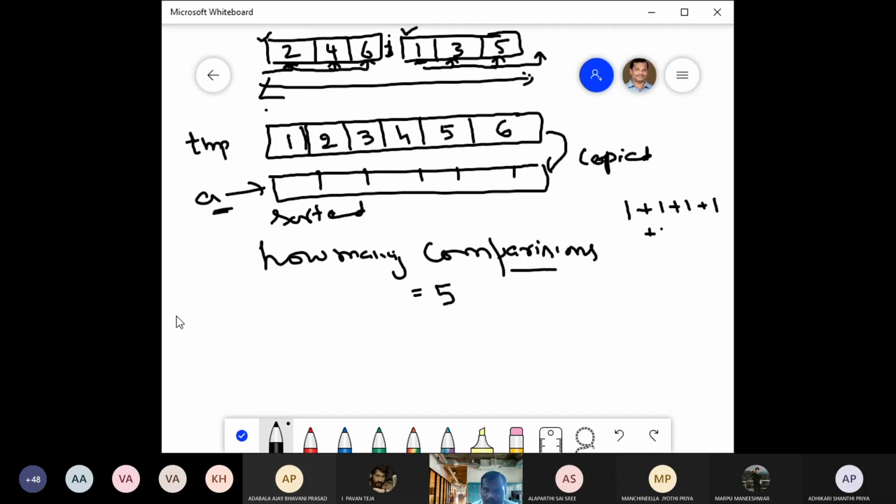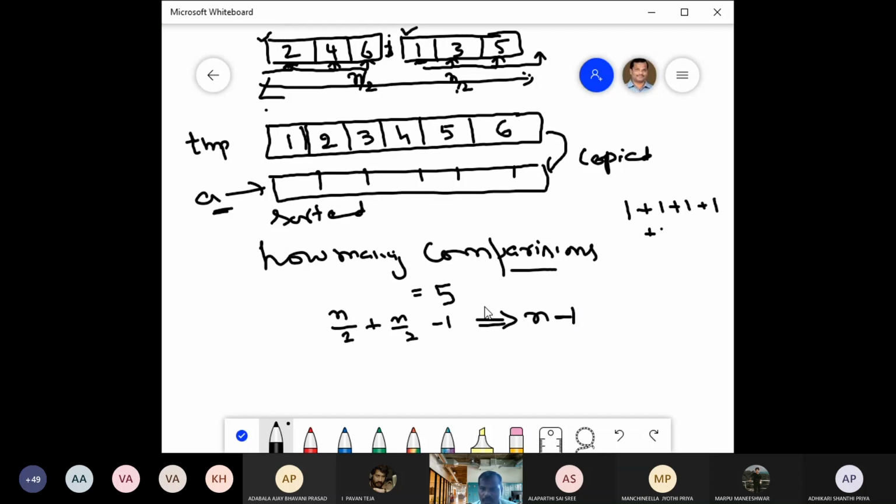In general, if this size is n by 2, and this size is n by 2, then the total number of comparisons is n by 2 plus n by 2 minus 1. This means n minus 1 comparisons.